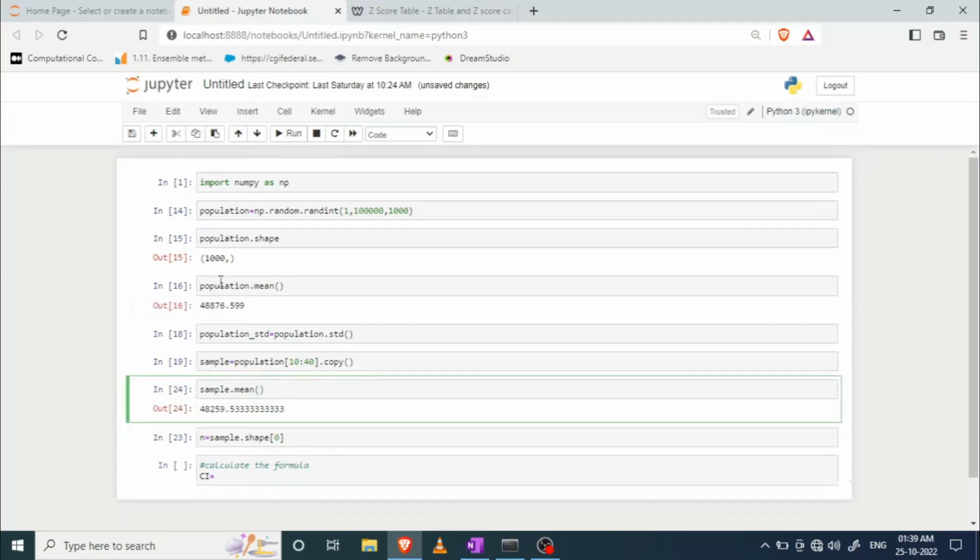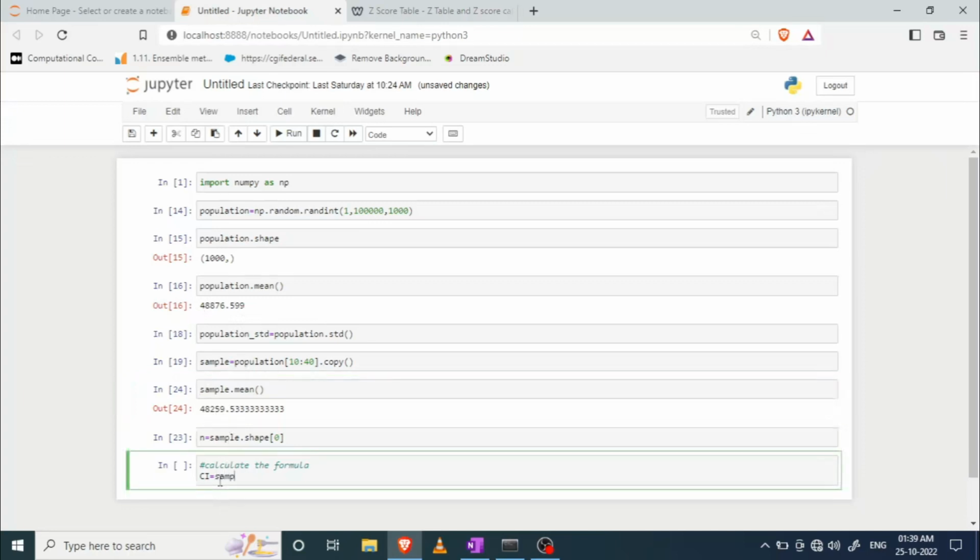So it's different, right? As you can see here, the mean of the population differs from the mean of the sample, right? So I'm going to use sample.mean here minus, we are going to use some z